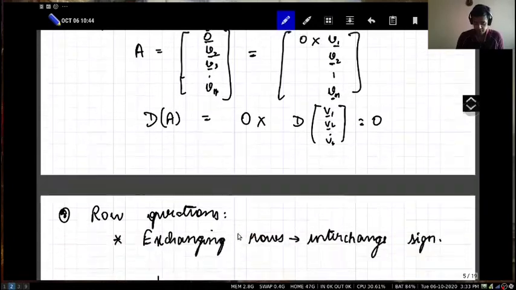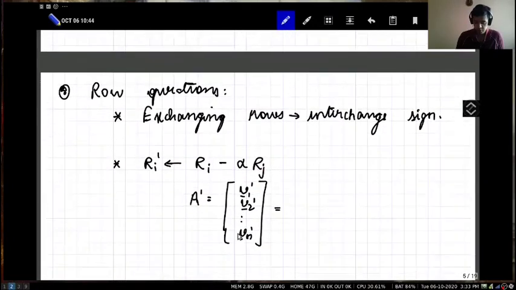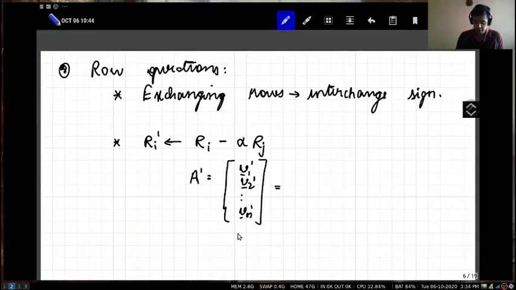Okay, so those are three very easy properties. Now let's see something which is more useful, and these properties will be used in this and the coming lecture. So what happens if I do row operations on a particular matrix? How does the D function affect the matrix? Clearly, just by property 2, that is the alternating property of D, if I exchange any two rows,